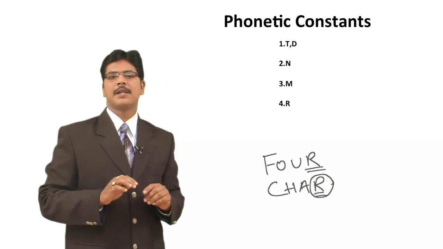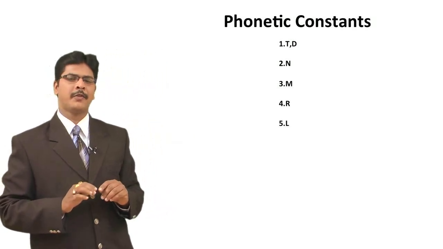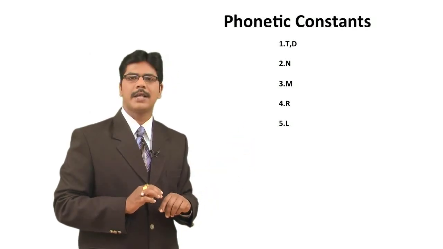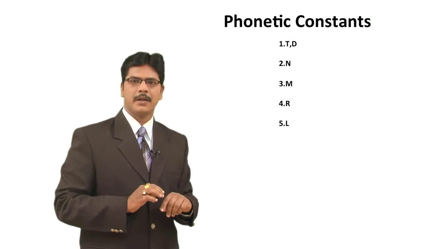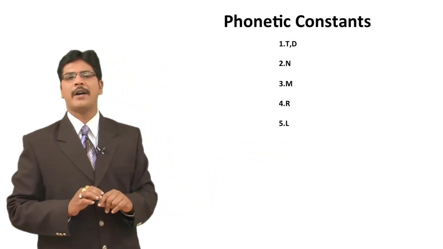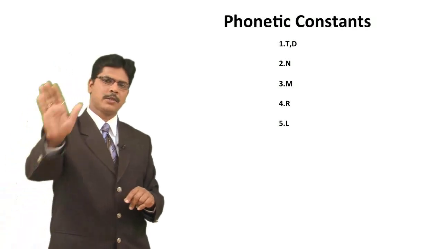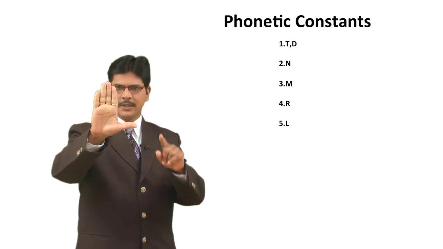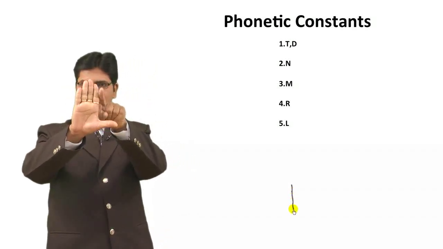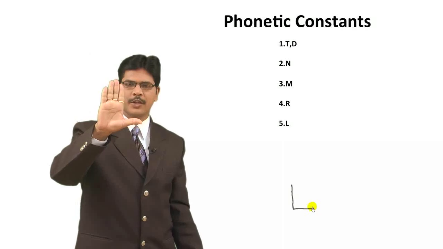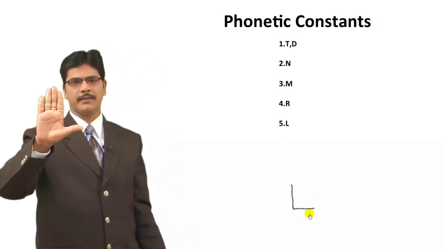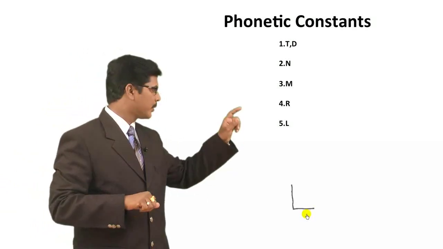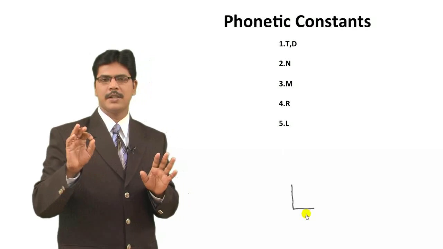Okay. Next, number 5. We remember number 5 with the phonetic consonant L. The sound is L. Okay. Now the aid, why for number 5 L? Very simple. Now just look at my fingers. I am showing you 5 fingers. When I am showing you 5 fingers, you can see the formation of letter L. Got it? That's why for number 5 L. It's not just because of that it has come. It's only an aid to remember that number 5 is L. Okay. So number 5 we remember with phonetic consonant L.